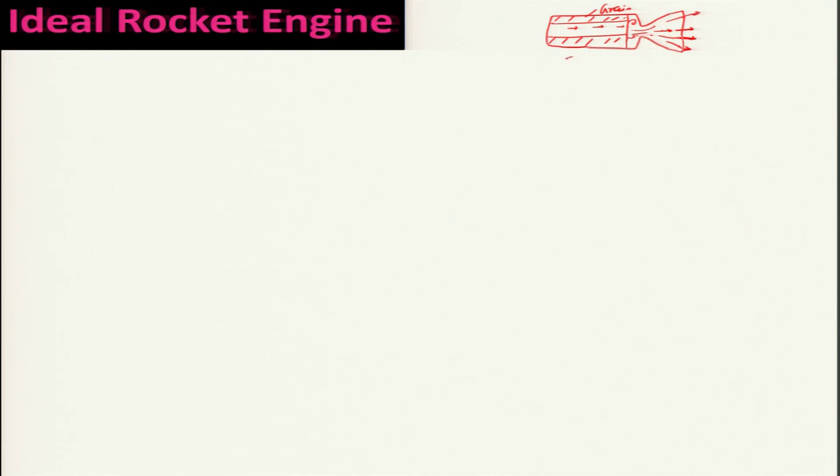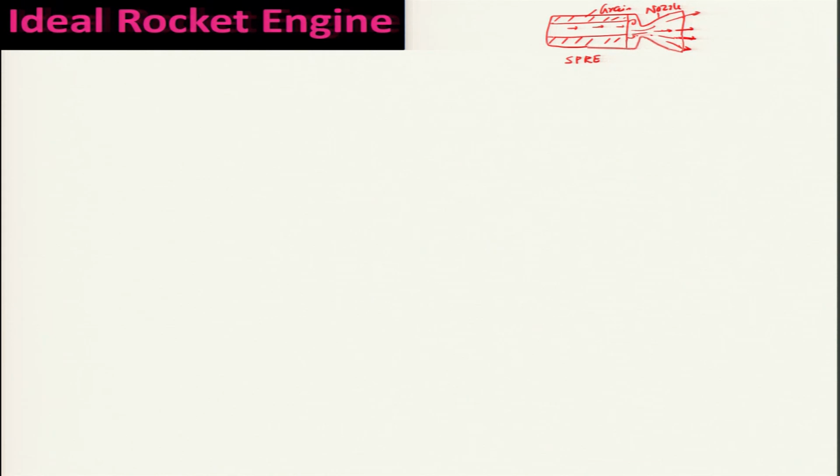This is a solid propellant rocket engine, SPRE. That is true also for the liquid propellant rocket engine, and also for the hybrid propellant rocket engine. The flow processes are quite complex, and what we need here is that we will